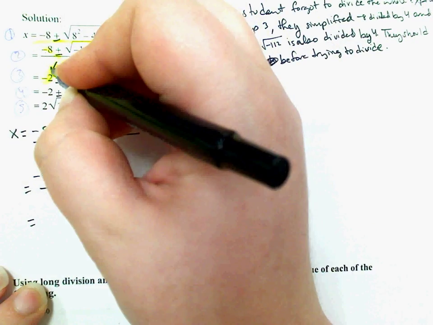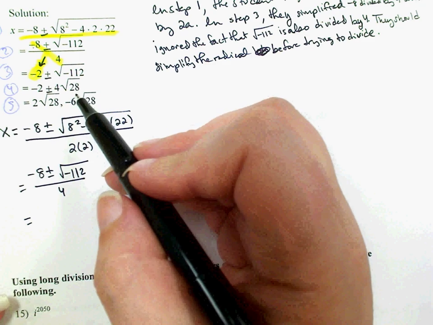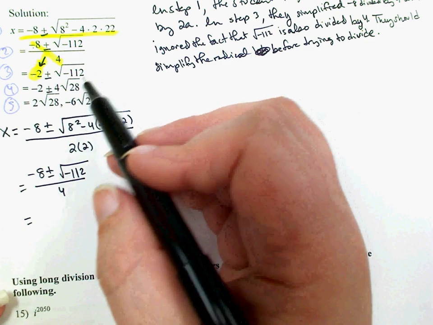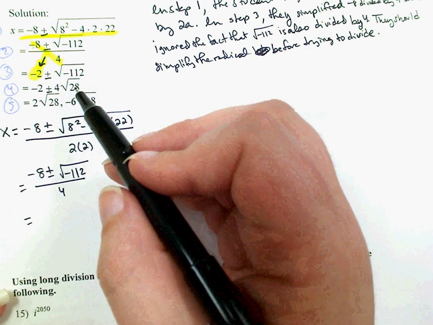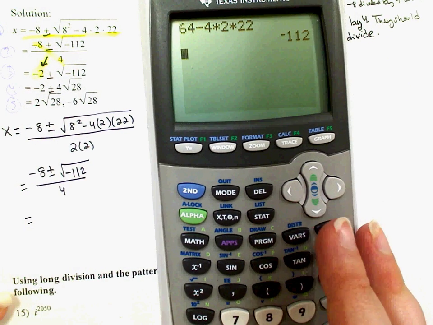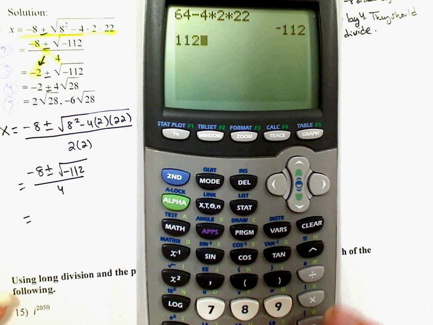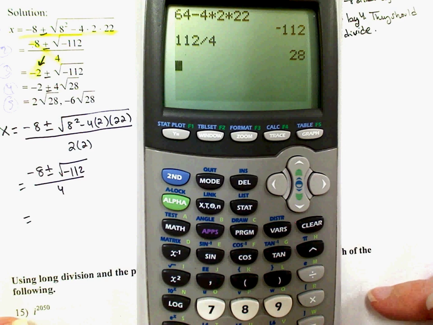Okay. On the next step, it seems like they did negative 112 is 4 root 28. So I'm going to see what I can do with 112. And I'm going to figure out why they did 4 times 28. So 112 divided by 4 is 28. Okay, so it looks like,